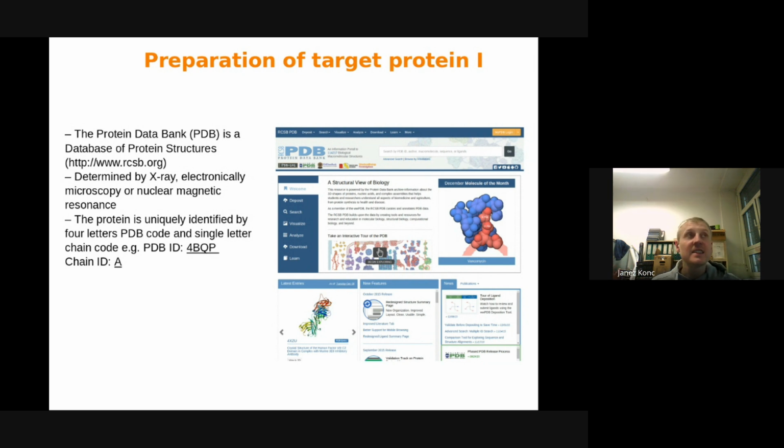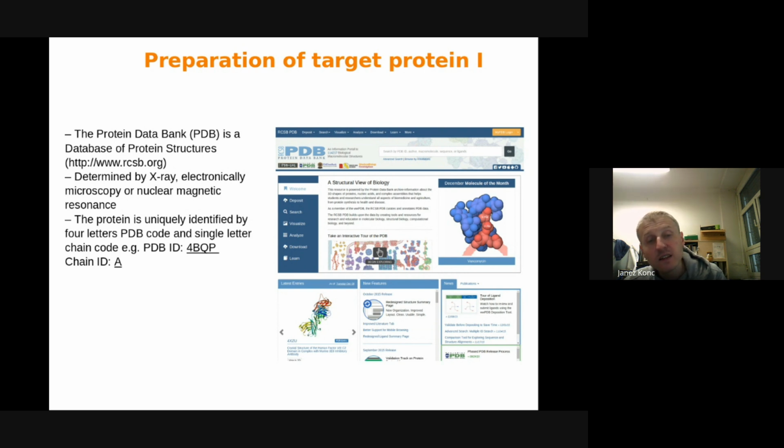First we need a target protein, which we can get from the Protein Data Bank, which is a database of protein structures determined by crystallography, NMR or magnetic resonance, or determined using electron microscopy. These protein structures in the Protein Data Bank are identified using their PDB IDs. These are 4-letter codes composed of numbers and letters,